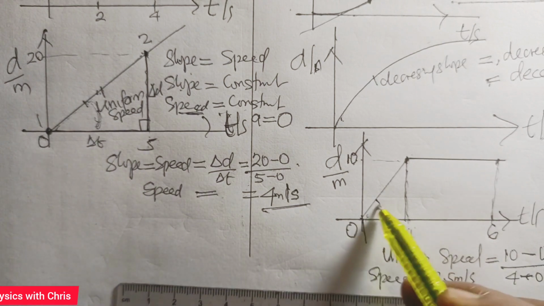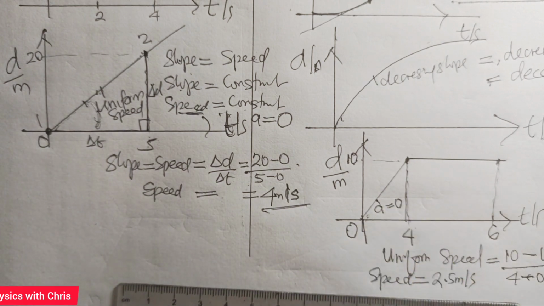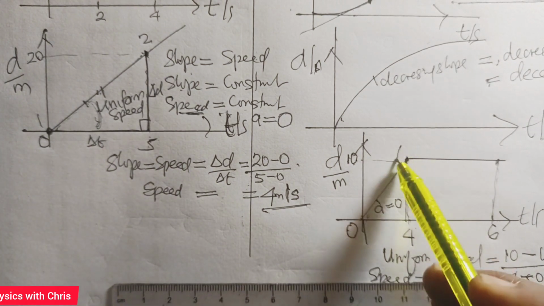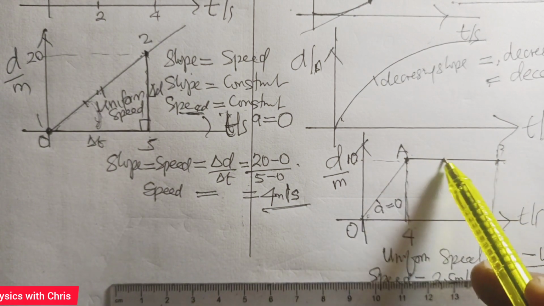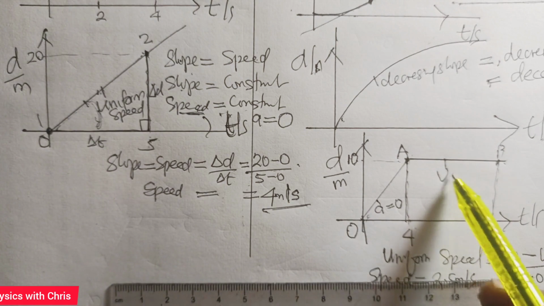The acceleration is 0. Please take note, the acceleration is not constant too. So the body moves with a constant speed for 4 seconds. In the first 4 seconds, the speed is constant. And let's call this point A, and let's call this point B. From A to B, we can say that the speed of this body